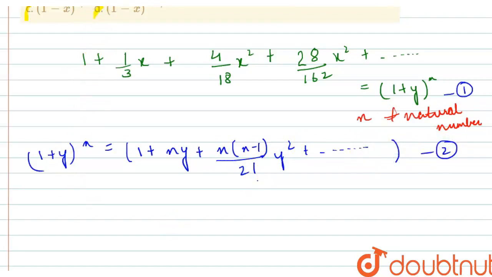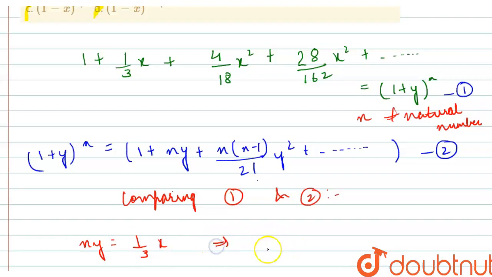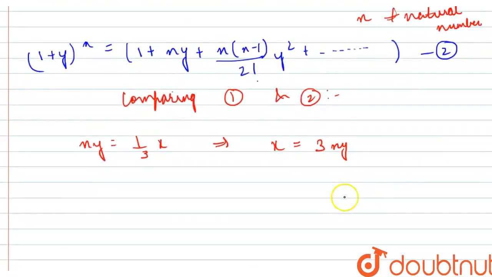Now I am comparing equation 1 and 2. What I get? The first thing I get is ny is equal to 1 upon 3x. So one thing I can deduce from here is that I can take x is equal to 3ny. Okay, now let it be equation a. Yeah, now the second thing which we got after the comparison is that